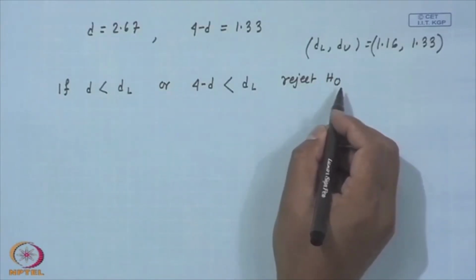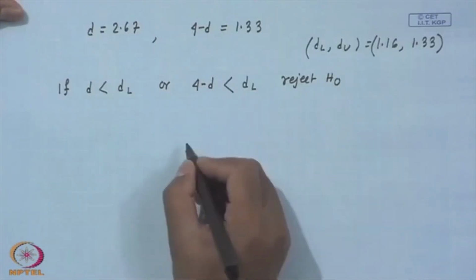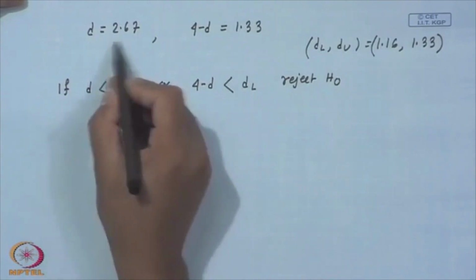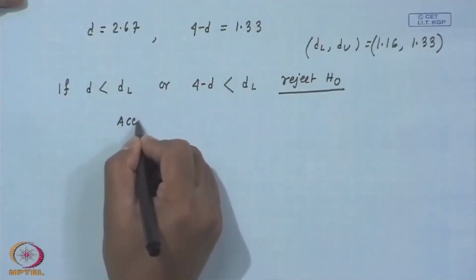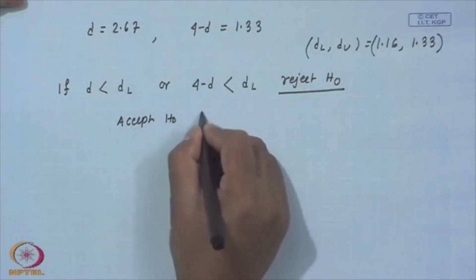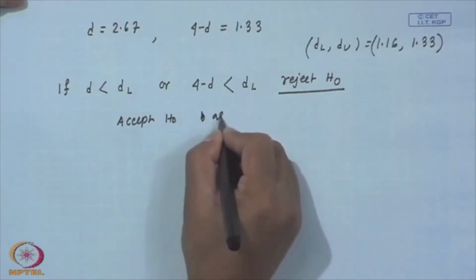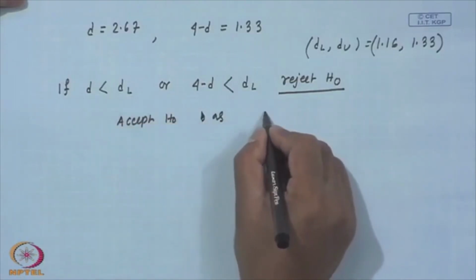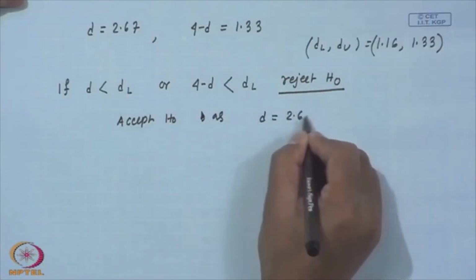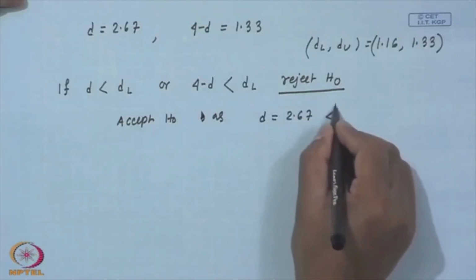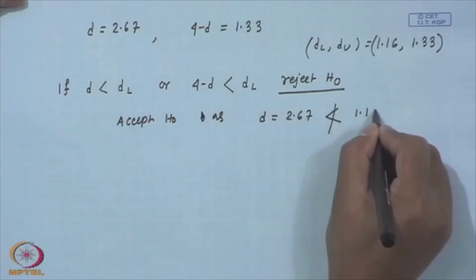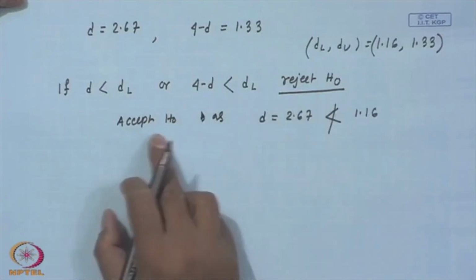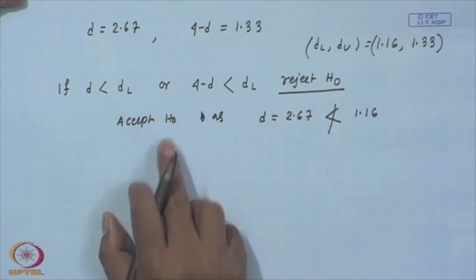Rejecting H naught means d is not true. So we are not going to reject H naught, we accept H naught, because my d, which is equal to 2.67, is not less than or equal to dl, 1.16. So this is not true, so I will accept H naught. So accepting H naught means